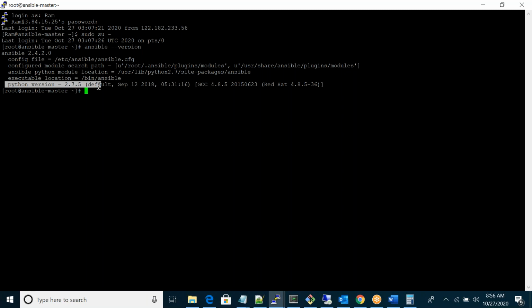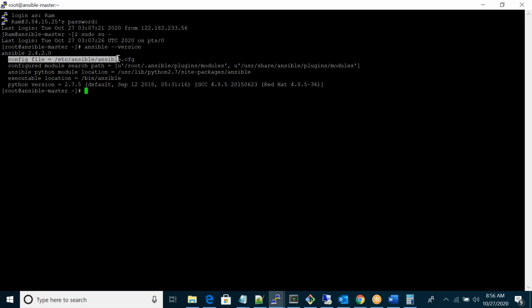If you want to upgrade to a higher version or a lower version, you can install Python with its full name. It is not required, though. Whatever the 2.7 version is, it is enough.